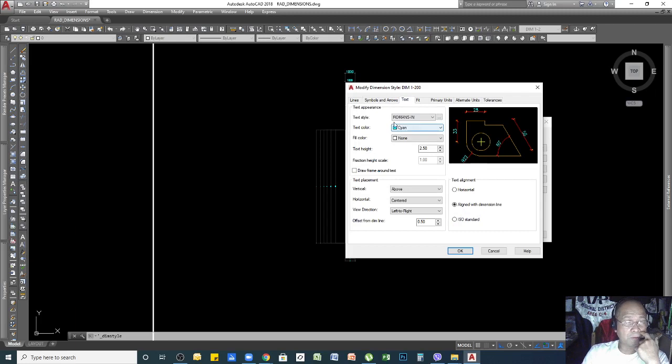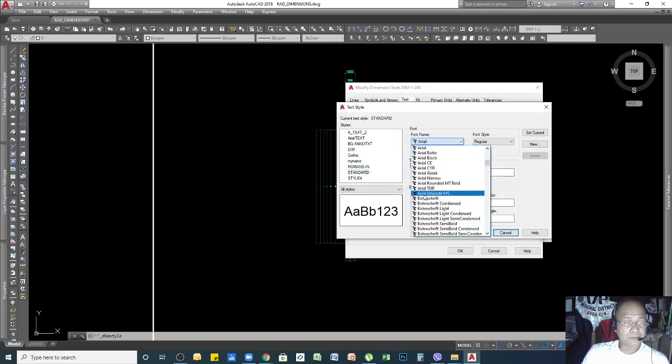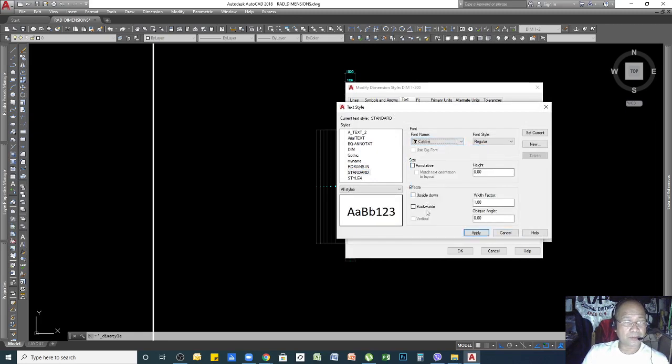Text. Okay, we'll go to Text. Here you can choose a different dimension style. If you want to check, use a standard, you can do that, and then you can select the font or text style. Let's say I will use this one. Automatically there is a preview here, then apply.